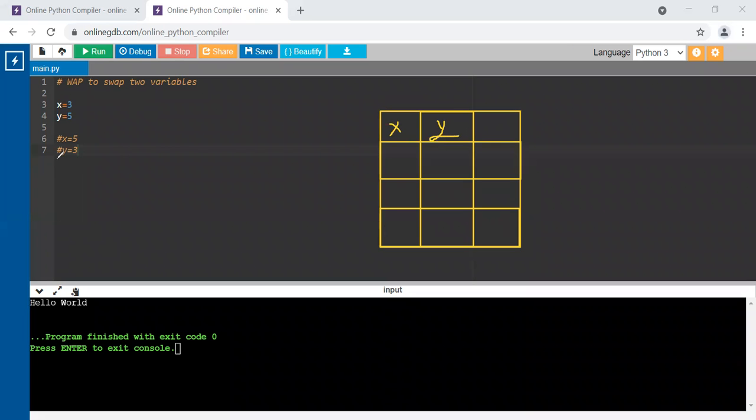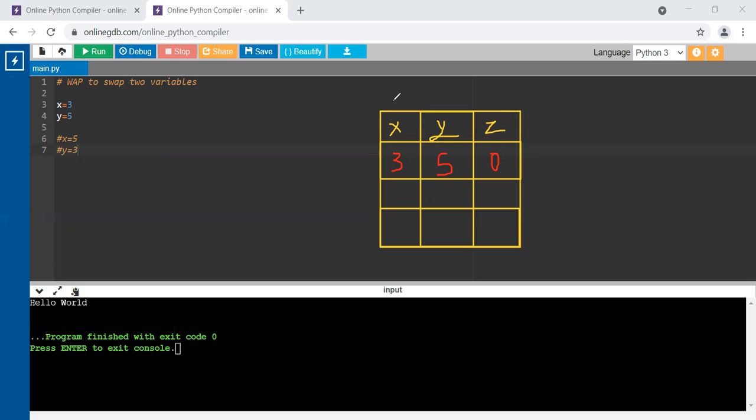I would like to take another variable over here called Z, and we will write down all the values. So X has been initialized with 3, Y has been initialized with 5. Let's say we are going to initialize Z with 0. Now, in this interchanging, ultimately we have to get X as 5 and Y as 3. So we'll begin with the third variable. We'll store the value of either one of the variables in Z.